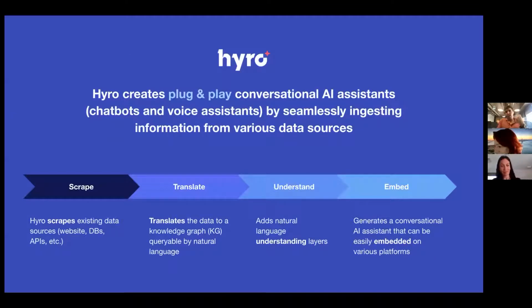So again, we create plug and play conversational AI assistants. That could be a chatbot or a voice assistant or a virtual assistant. There are a lot of different names under the same umbrella, but essentially what I'm talking about is conversational interfaces. Most of those are on websites, but you can be on plenty of other mediums as well, such as call